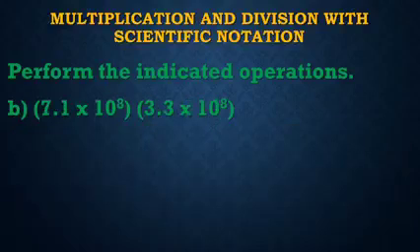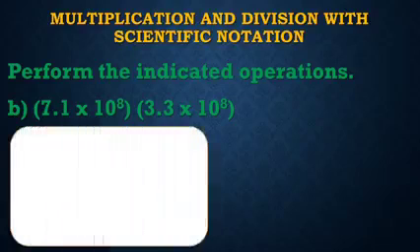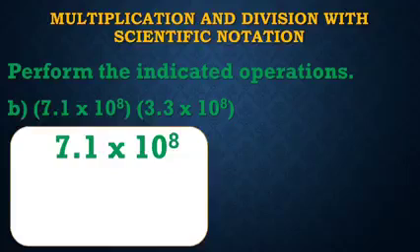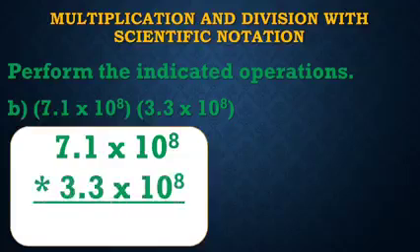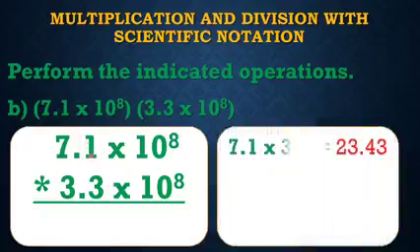Okay, letter B, 7.1 times 10 raised to 8 times 3.3 times 10 raised to 8. Okay, so again, copy the given. We have 7.1 times 10 raised to 8 times 3.3 times 10 raised to 8. Here again the rule when multiplying scientific notations, we need to multiply the two mantissas. That is 7.1 times 3.3. The product is